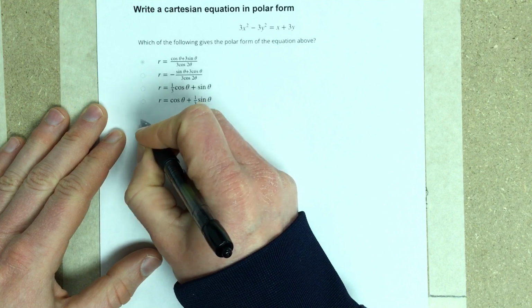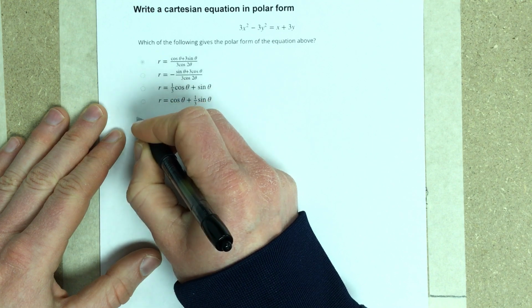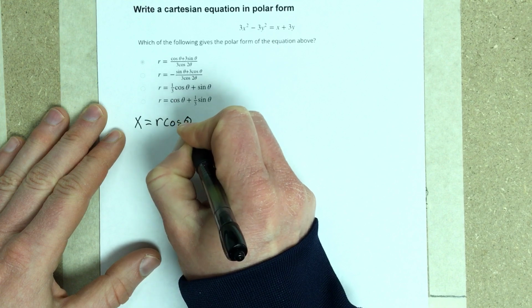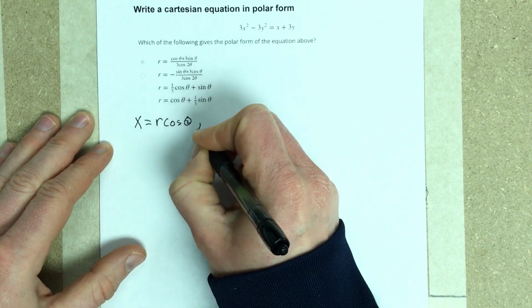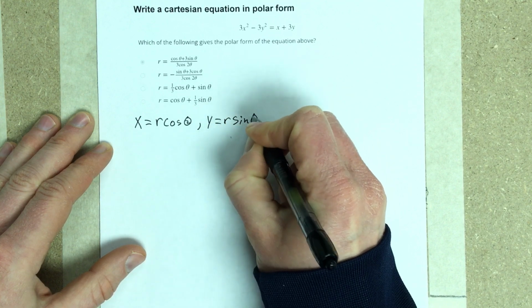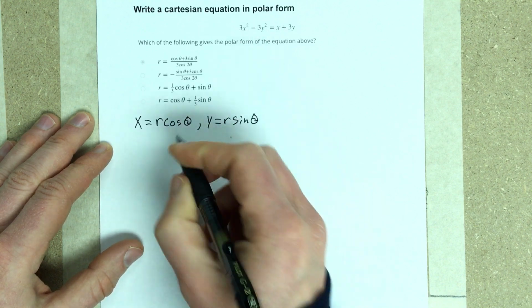So we're going to go back and use this. We know that x is equal to r cosine theta based on our previous work. And we also know that y is equal to r sine theta. So I'm going to use these two expressions and plug that into this equation. So I end up with